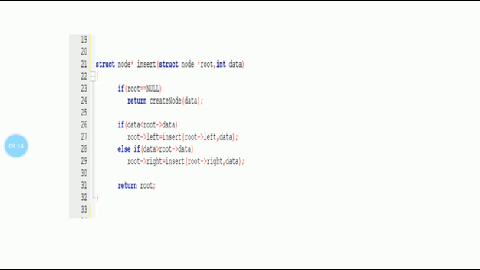That means after the creation of one node, another node is inserted into the existing binary search tree. For example, we start with a binary search tree with a root node 50, and we are going to insert one more element, that is 70.